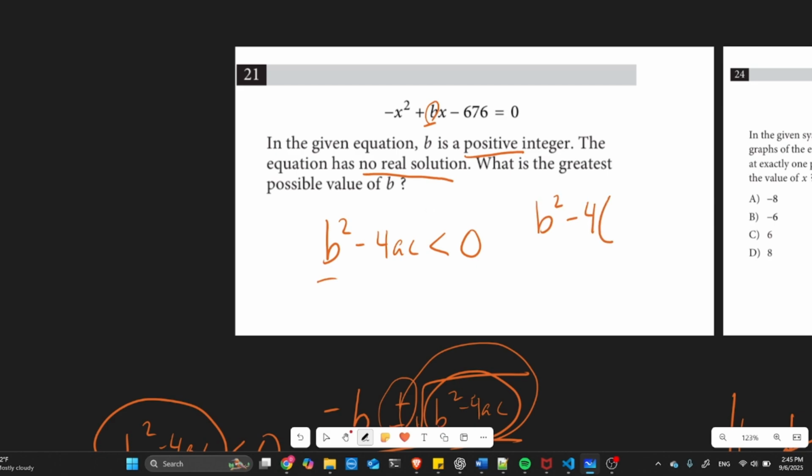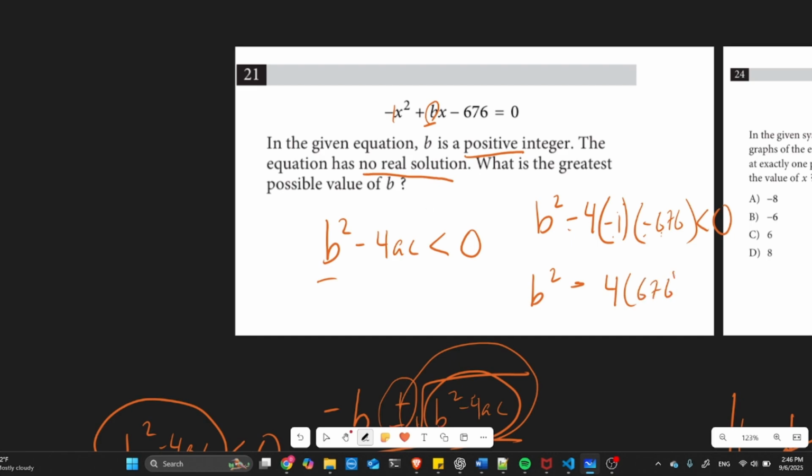Minus 4, signs are important here. A is minus 1, 4 times minus 1 times c. What is c? Minus 676 is less than 0, right? So b squared, and then there's minus minus minus, so it's going to be minus, and then whatever this number is,